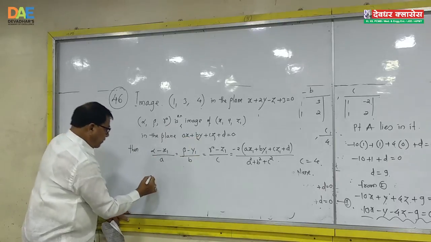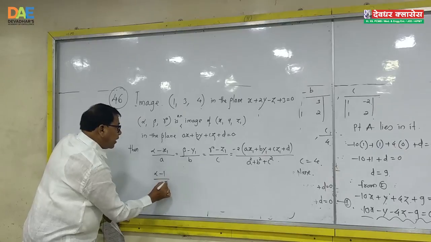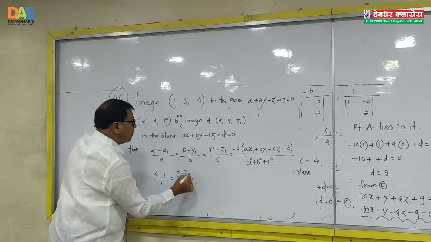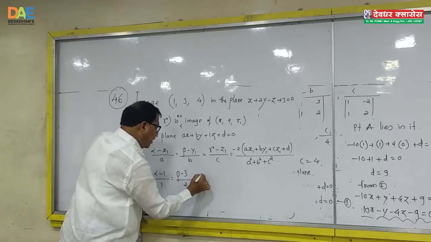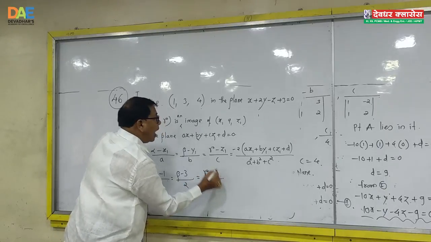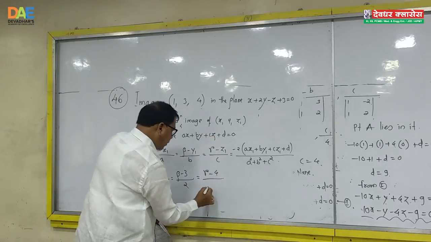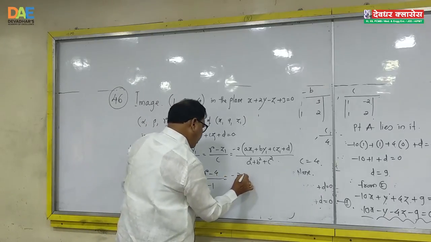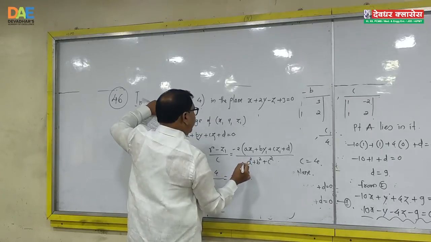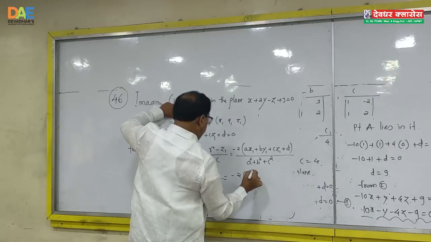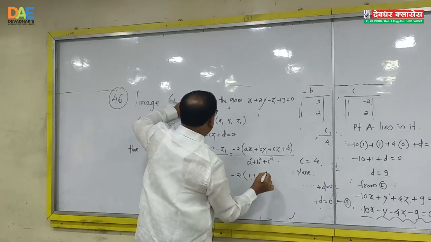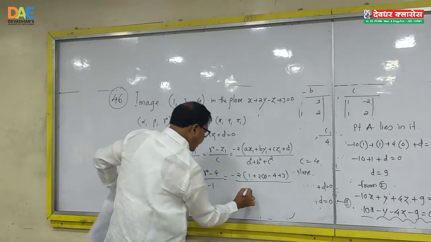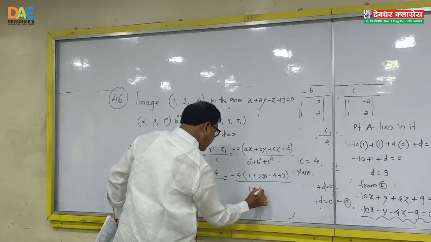So therefore, alpha minus 1 upon 1 is equal to beta minus 3 upon B, that means 2, is equal to gamma minus 4 upon C, that means minus 1, is equal to minus 2 into bracket, substitute there x1 as 1 plus 2 into 3 minus 4 plus 3 upon a square plus b square